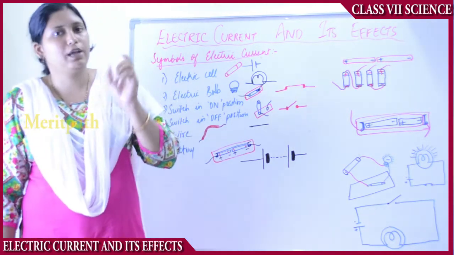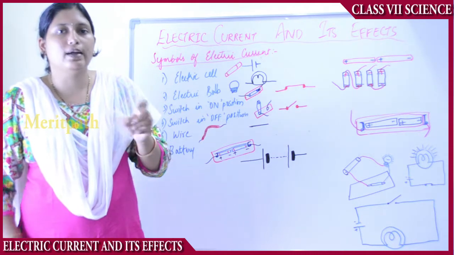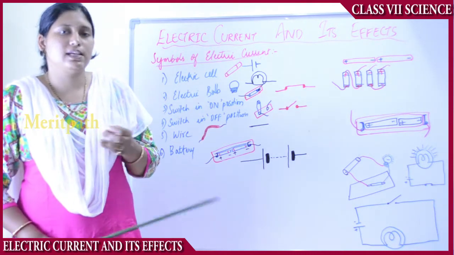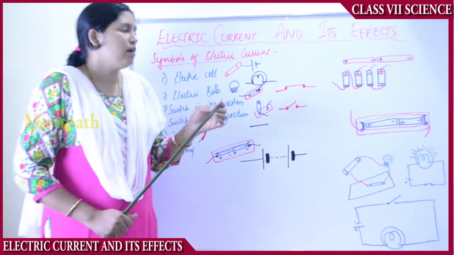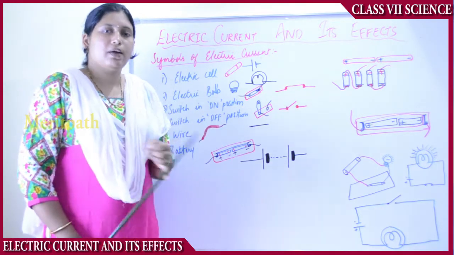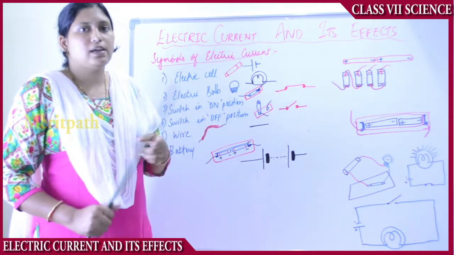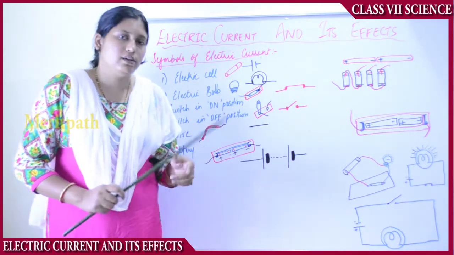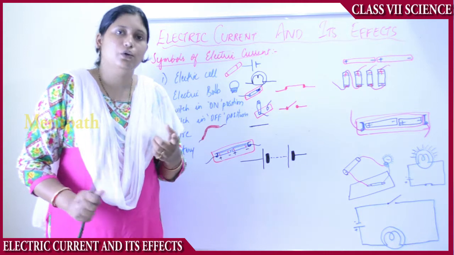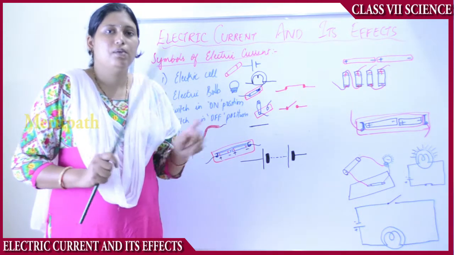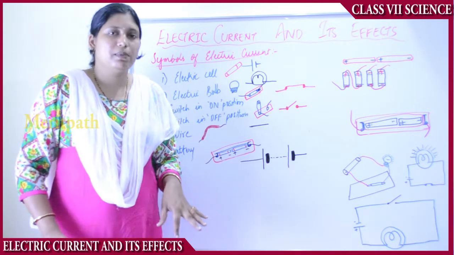In any cell we buy from the market, on the two ends, one side plus will be there and one side minus will be there, which indicates that one is the positive terminal of the battery and the other is the negative terminal. And always the opposite ends of the two batteries are connected. Always a positive end will be connected to a negative end only. Never will a positive end be connected to a positive end.